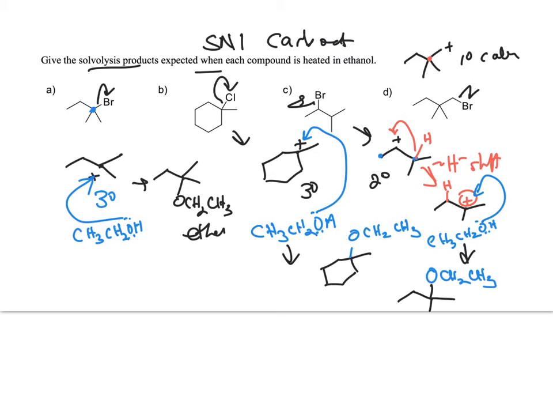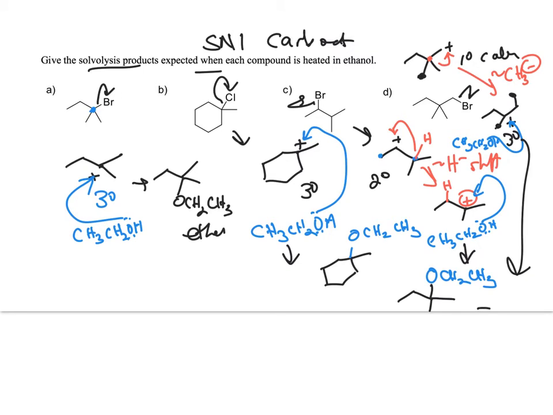That's over here. You could have a more stable one. There's no hydrogens on there, so it's going to have to do a methyl shift, CH3 with its 2 electrons. So you're going to have to change places with one of these. And now that's tertiary. So it went from a primary to tertiary. And so now your ethanol nucleophile will come in here, and your new product will be,